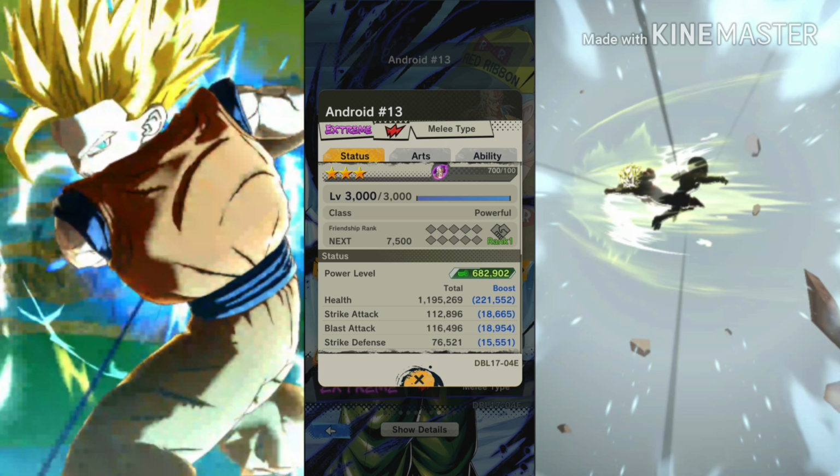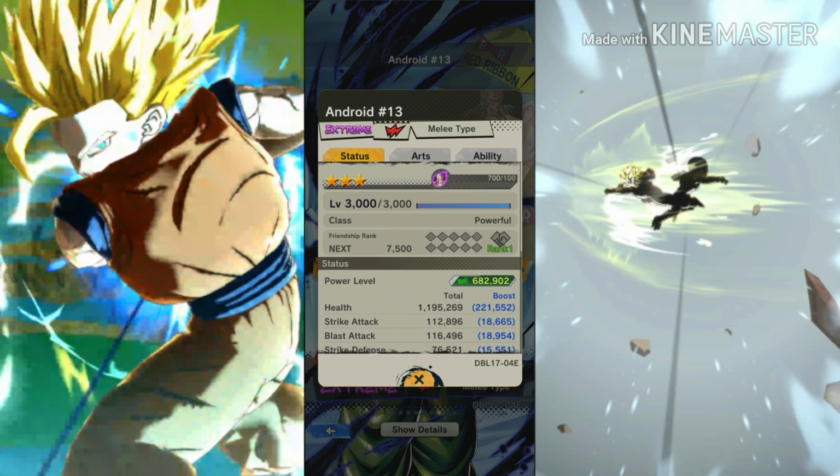I don't know how, but they might actually have misspelled the melee. Instead of writing ranged type, they actually wrote melee. Other than that, like seriously, this is insane. He is a melee type unit and still his blast attacks are higher than the strike one. I just can't understand what that means. Anyway,